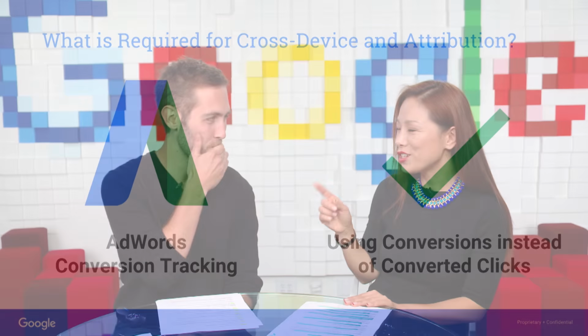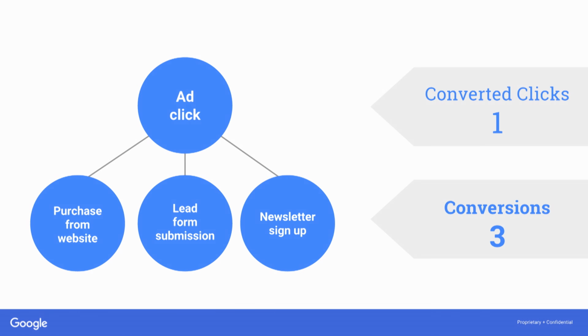Okay, so I know this tends to be a little bit confusing for a lot of users out there. Can you clarify a little bit more? What's the difference between the two? Yeah, absolutely. I have a visual here, which I think helps explain it. Let's say an advertiser wanted to track 3 different conversions that they wanted to bid towards: purchase, lead, and a newsletter. If they were just using converted clicks and someone clicked on an ad and completed all 3 of those valuable actions, they would only see 1 converted click. But with conversions, you can actually see that 3 unique total conversions happened from that. And if you wanted to be aware of that as an advertiser, you'd actually be able to see that value now.